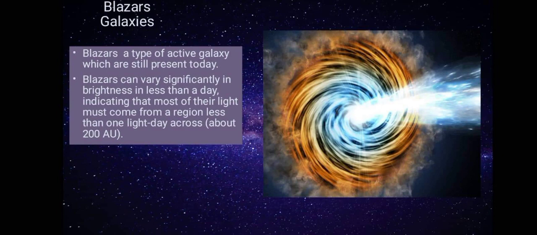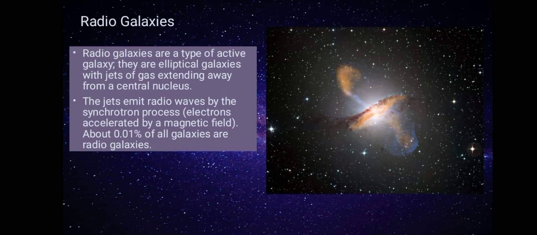So next are blazars, which are just quasars, but the type we observe may depend upon our viewing angle rather than structural differences. When the jets point toward Earth, it's considered a blazar. And finally, radio galaxies are galaxies that emit radio waves. They are elliptical, and their nuclei emit jets of high velocity gas above and below the galaxies.